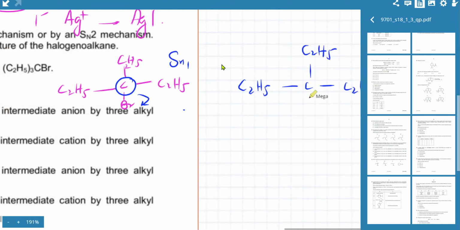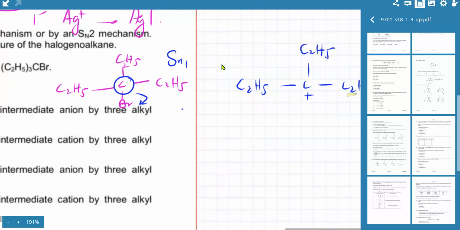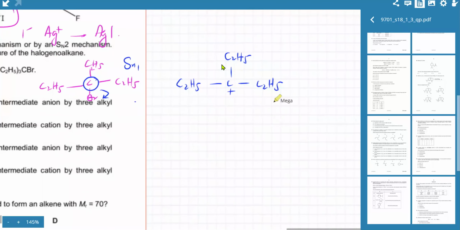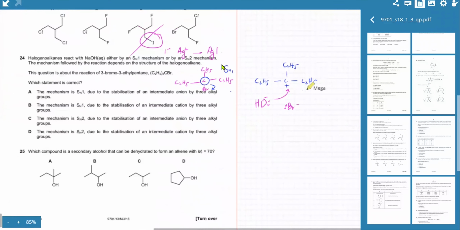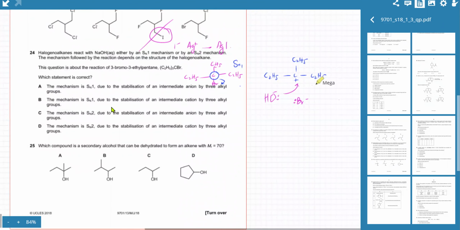And what's the reason why a stable carbocation would be formed? Because it's going to get electrons from all sides, with big groups attached on all sides. So the positive charge would not be very large. And that's the reason why the Br minus is more likely to break off, because it's not going to get attracted to the carbocation. And then in the next step, OH minus, if the concentration is high enough, would come and bond with it to form the alcohol. So SN1, it's either A or B.